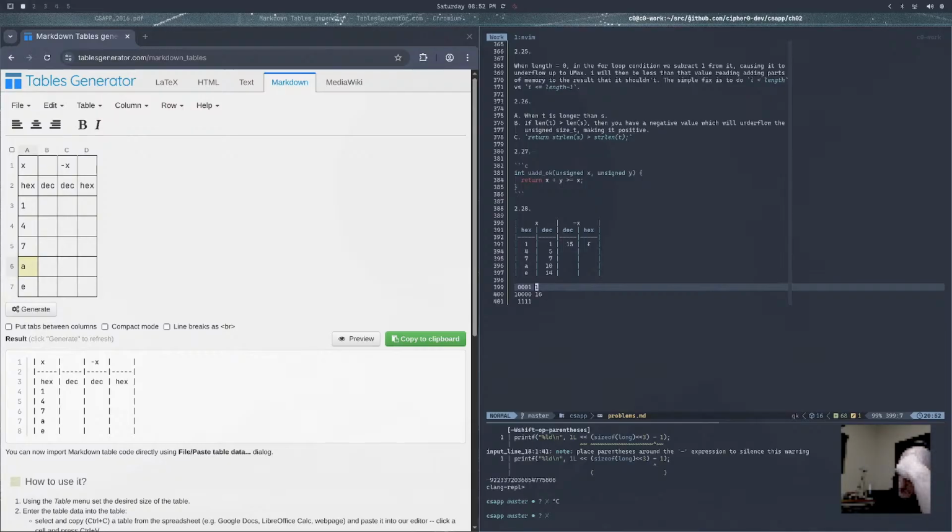Oh, it's supposed to equal 0. Its inverse brings it to 0. Okay. For some reason, I thought it brought it all the way back to itself. Okay, so